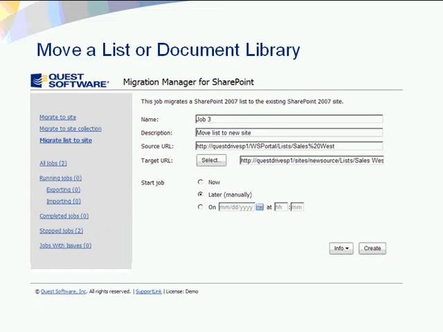I can also take a particular list or document library. So I can consolidate many document libraries down into a new site, or even take one apart. I may find that I have a site that has 3 document libraries, but this one has nothing to do with the site. It was created simply because somebody had a container and they needed the container to move that forward. I can move that document library or list to a new environment and basically clean up that original site and put that new list in a new site as well.